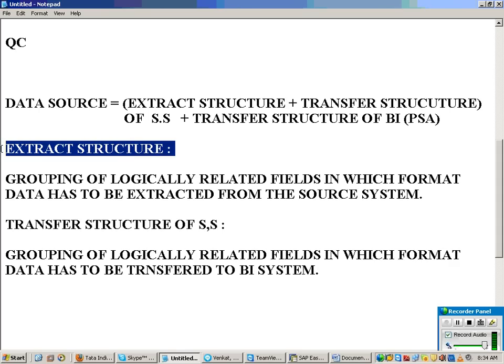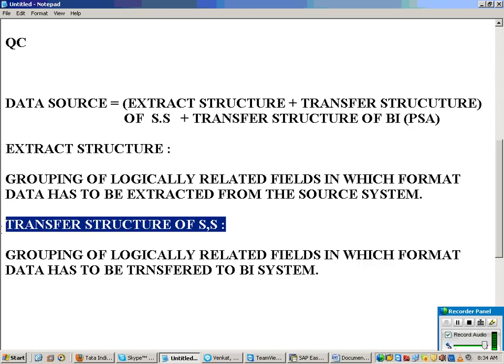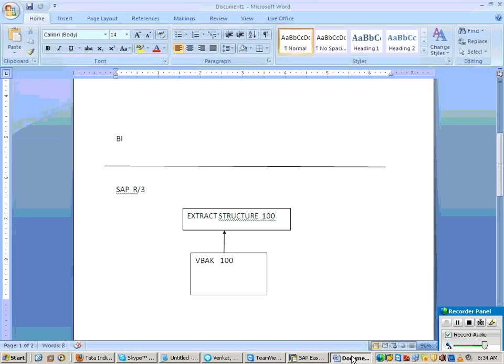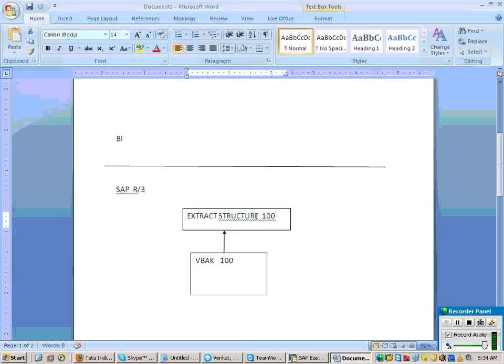Extraction takes place through your extract structure, and transferring the data takes place through your transfer structure. When I started creating a data source in my R3 system and created it, the extract structure was formed. It has how many fields? But when I send my data to my BI system, I may not need to send the entire data.